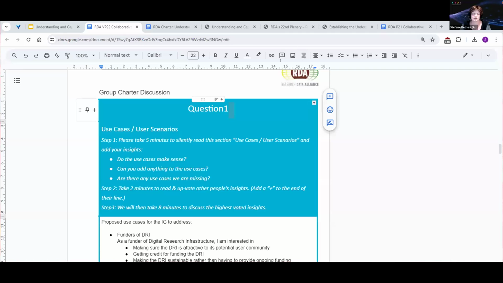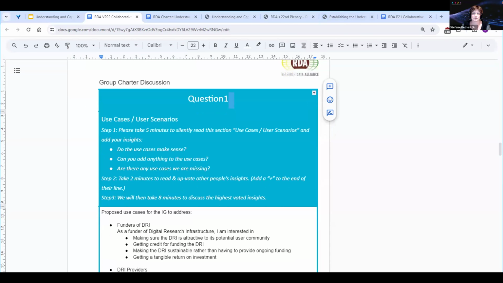Let me just see if I can share this. Okay. Can you see that? Is that okay? Yes, we can see it. Thanks, Stephanie. Good. So this is basically the first question, and I'm just trying to move this up, but it doesn't want to do what I want it to do. No, I don't want to do that either. There we go. That's better.